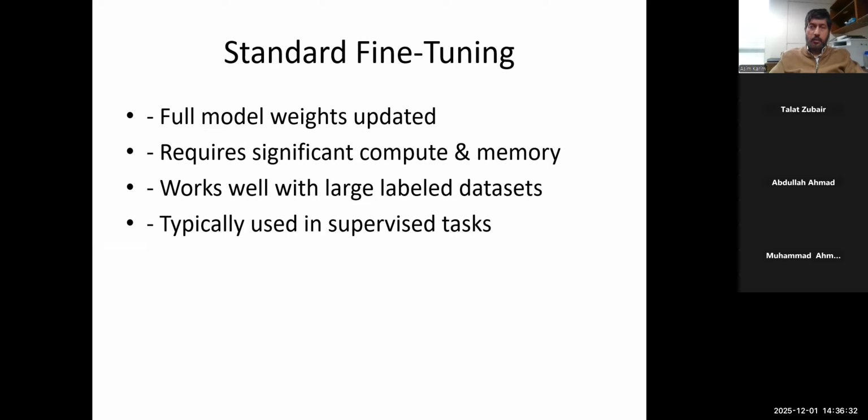So the naming might be somewhat off, but this is what I prefer. Standard fine tuning is you have a pre-trained model and then you have some new domain, or some new task, and you have data for that domain or task. Then you run that data through the model and use the loss function to update the model. Now what are you updating in the model? It could be the entire model, of course, that would be very expensive unless your model is very small. And usually you can adapt different things, maybe the last layer or only a few layers and so on.